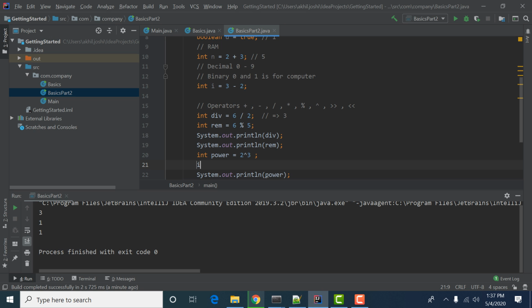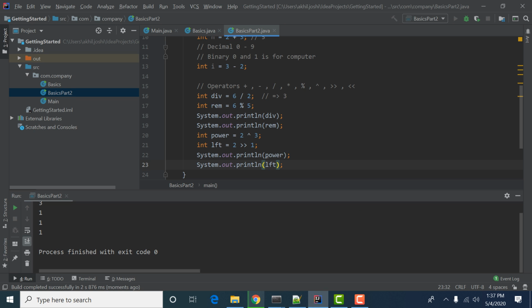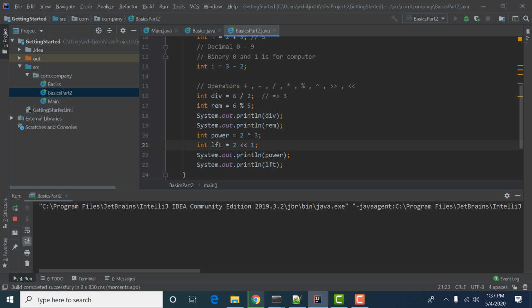Now we have the left shift and the right shift operator. What will this do? The left shift operator will multiply the value by 2. Just wait a minute, guys, I used the wrong parameters.